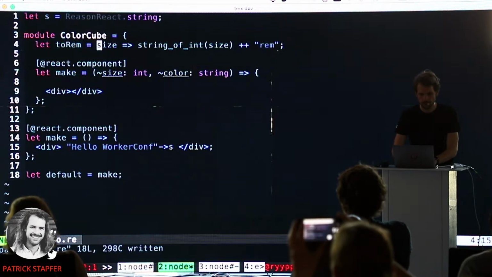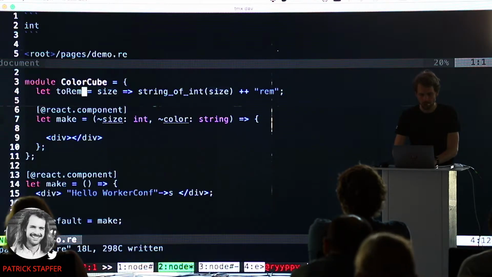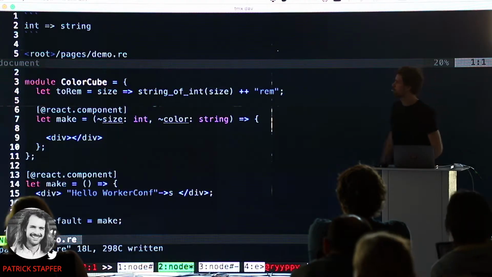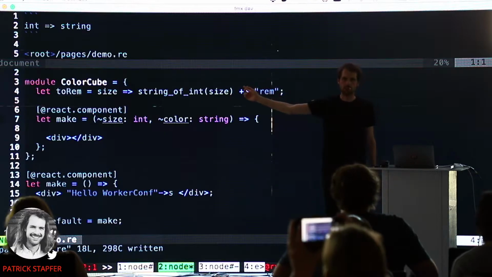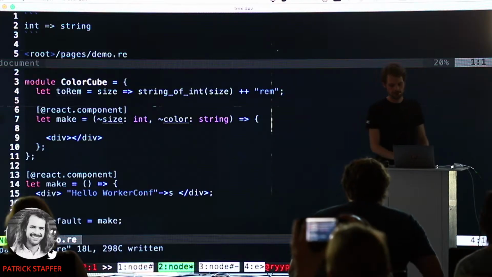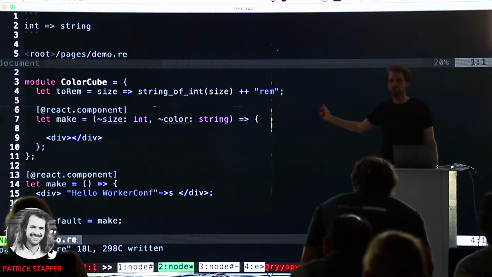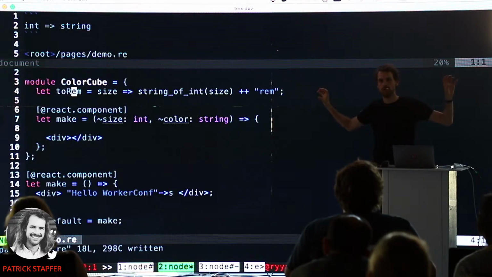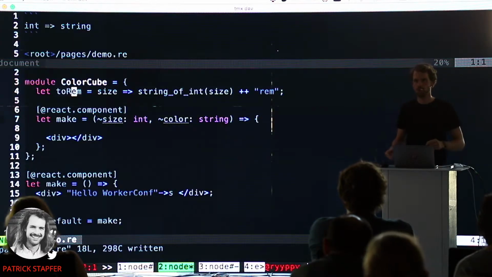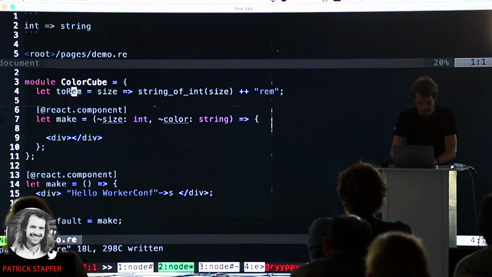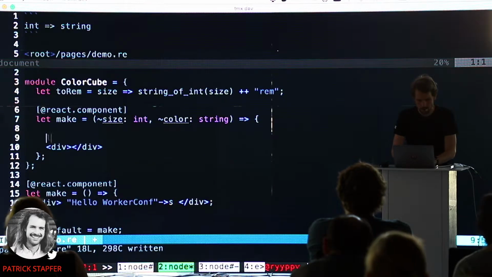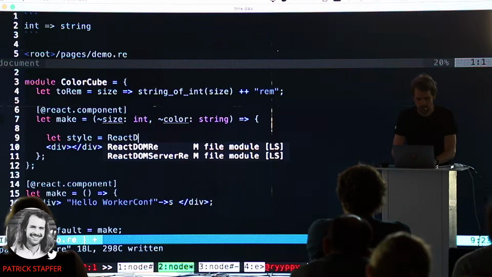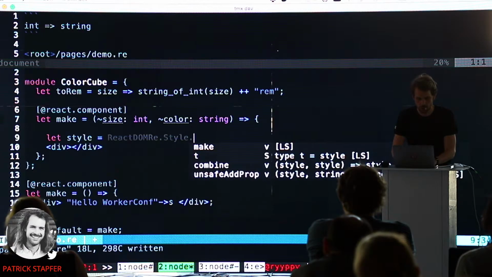And the cool thing about it, if I just look at the types, it will automatically understand that toRem is now a function which gets an integer and returns a string, because the type inference is so strong to understand that the plus plus operator is only able to concatenate two strings. And the string of int function converts the integer into a string. So what we will do is we will define a style, and React brings specific modules to do inline styles.